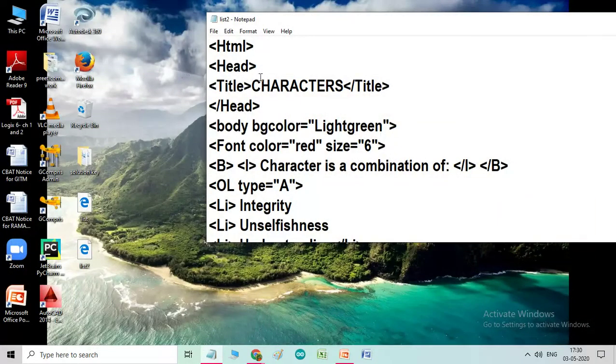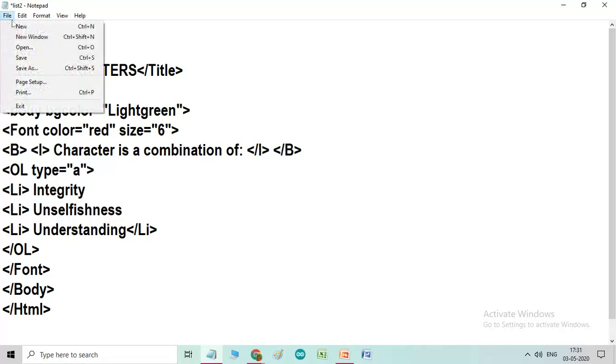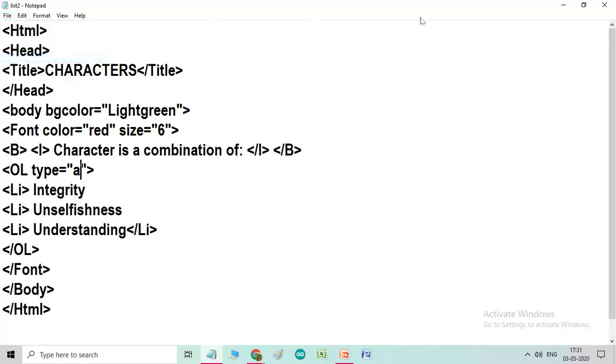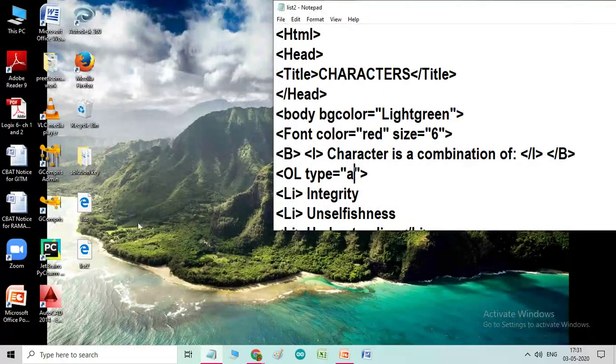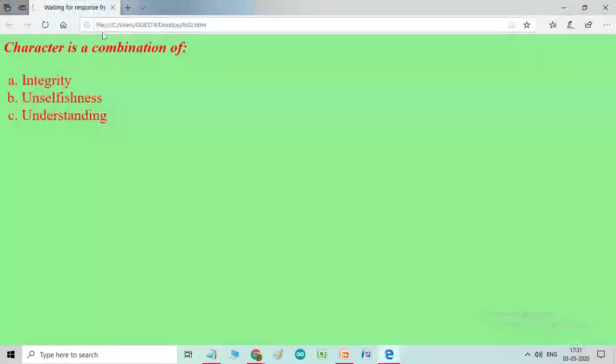Next, now I type small a, then what will happen? Say save, and now see, I will open this, then automatically the list numbering is changed to a, b, c.